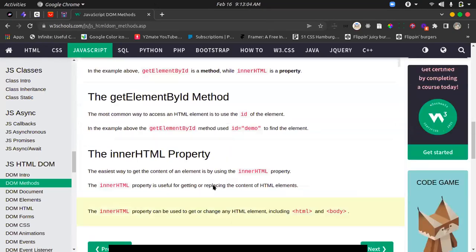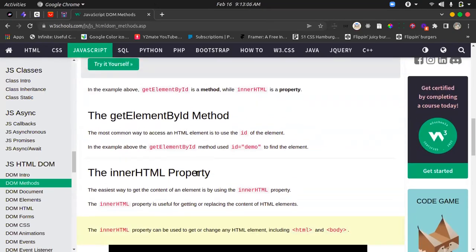to do such things. So one of the proper methods that we have is this getElementById. And literally what it is, it gets an element, a particular element that we have set an ID on, and you get that